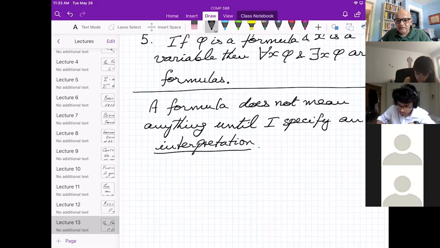So I informally said formulas are things that could be true or false, but actually they can't be any such thing until I tell you what they mean. And the crucial point here is that I have many different sensible interpretations. So when I was using the example of number theory, one of the bad things about that example is that it has a very familiar interpretation that we all have in mind.